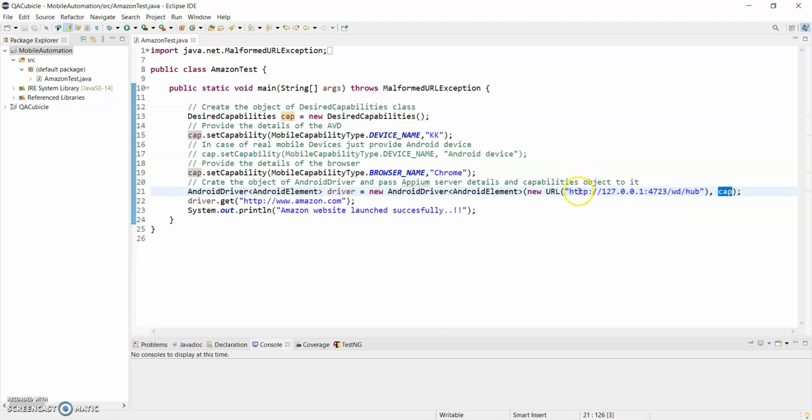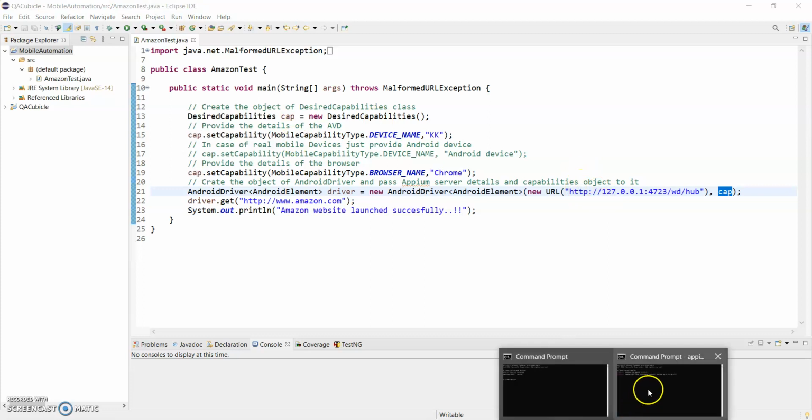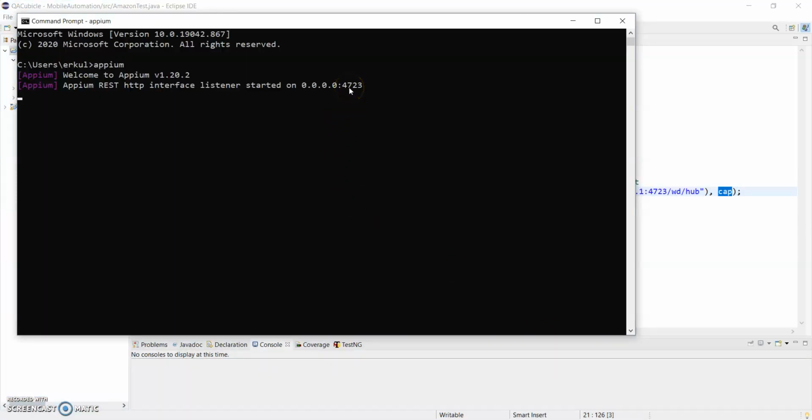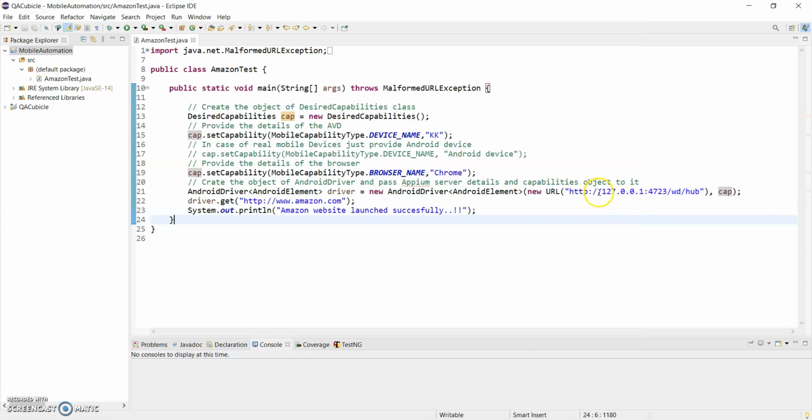So basically, you can see our APM server is listening on this port, 4723, and this is the IP address of our local machine. This stands for WebDriver Hub. So this detail we need to pass here.